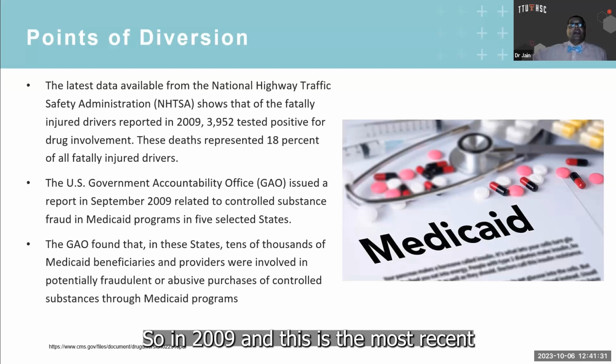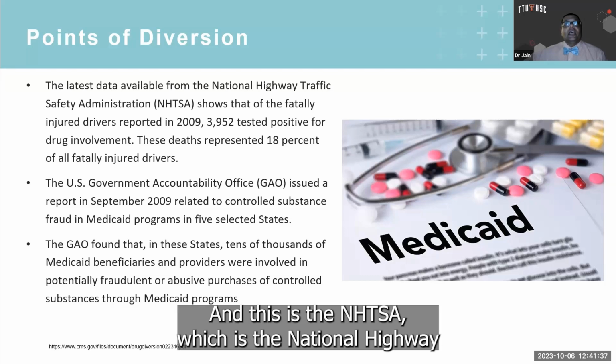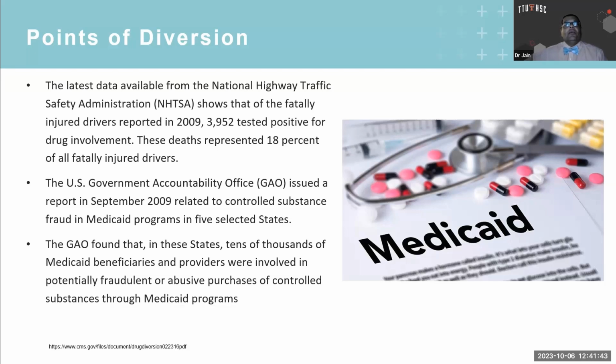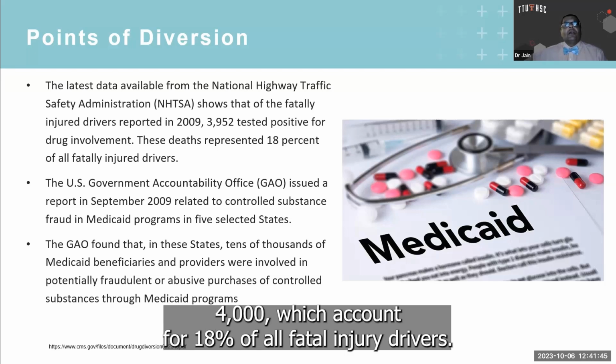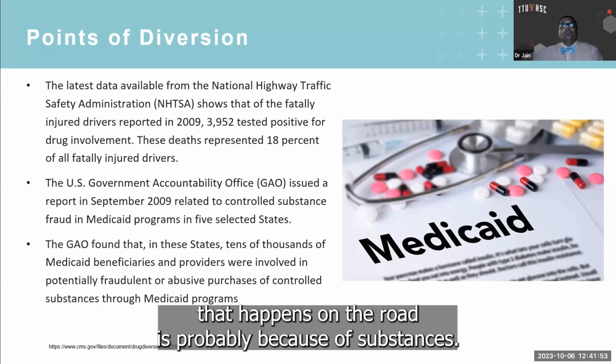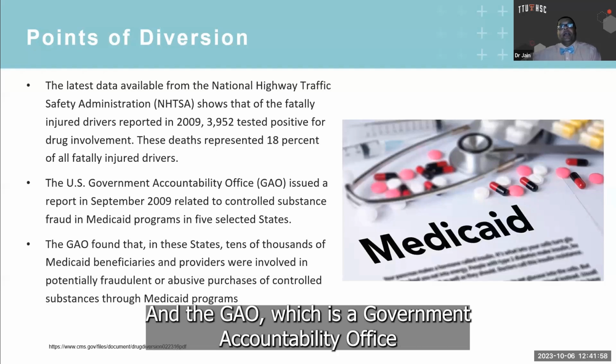So in 2009, and this is the most recent I found, about 4,000 tested, this is the NHTSA, which is the National Highway Traffic Safety Administration, of all the crashes, 4,000, which accounts for 18% of all fatal injury drivers. So approximately 1 in 5 fatalities that happen on the road is probably because of substances. And the GAO, which is the Government Accountability Office,